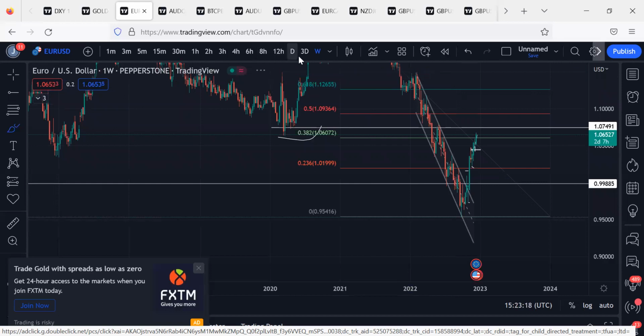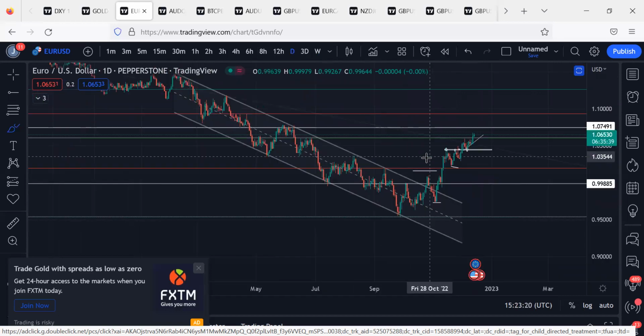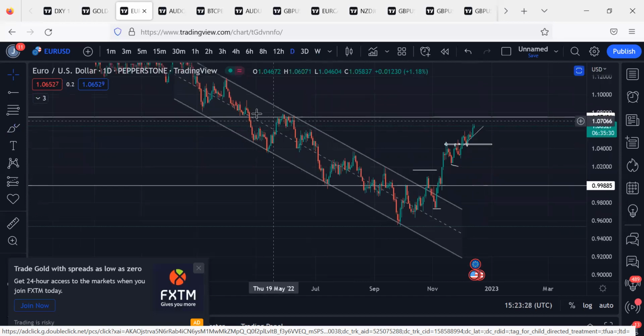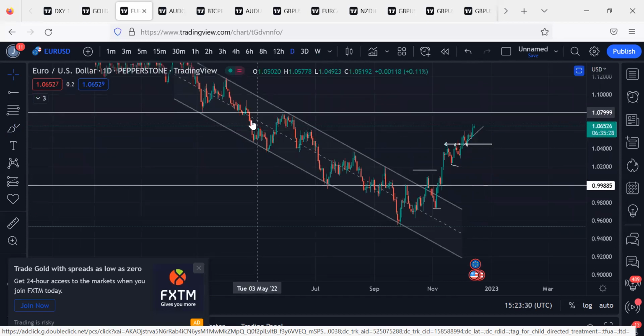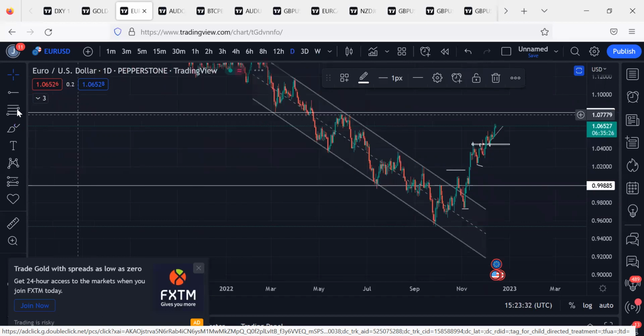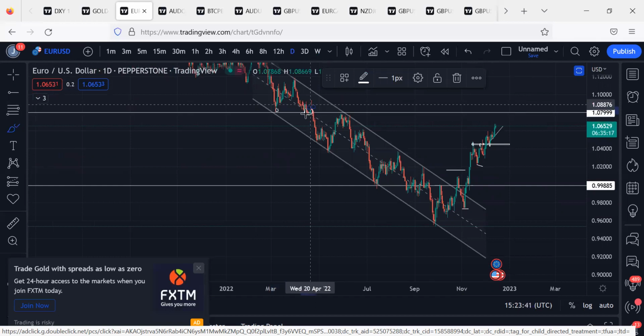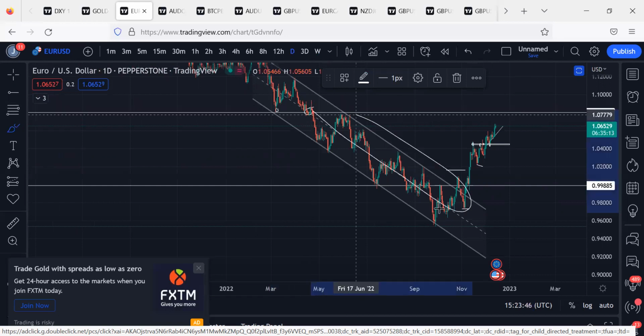So if I drop to my daily time frame, let me delete this Fibonacci retracement so that it does not dirty the chart more and more. Now on our daily time frame, we had support here, and a resistance with break. This tells you that we have been trading within this push for a while now.